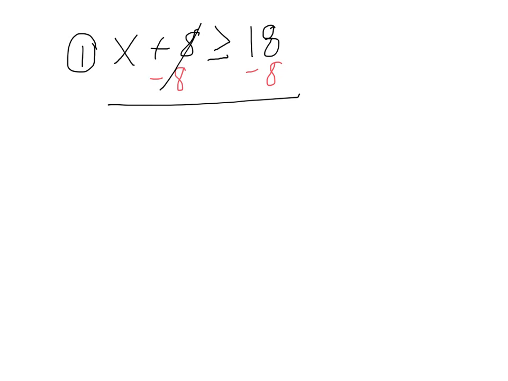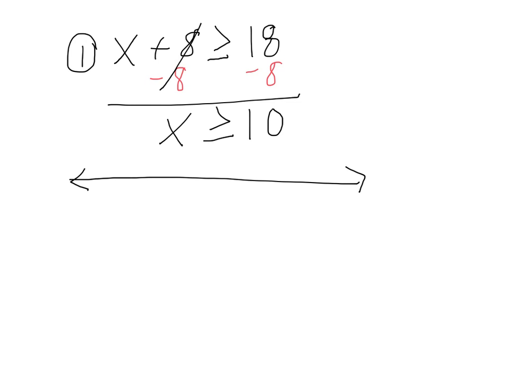Number 1 says x plus 8 is greater than or equal to 18. Remember that you're going to solve by using the inverse. So the inverse or the opposite of plus 8 is a minus 8. I'll subtract 8 from both sides of my inequality to give me x is greater than or equal to 10. On your number line,